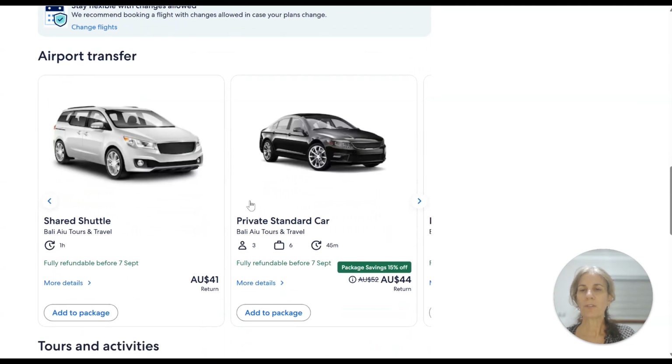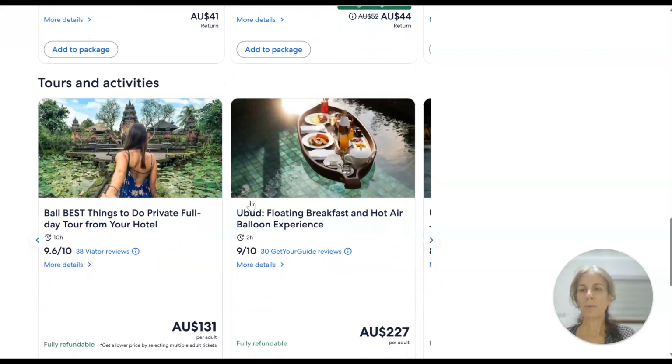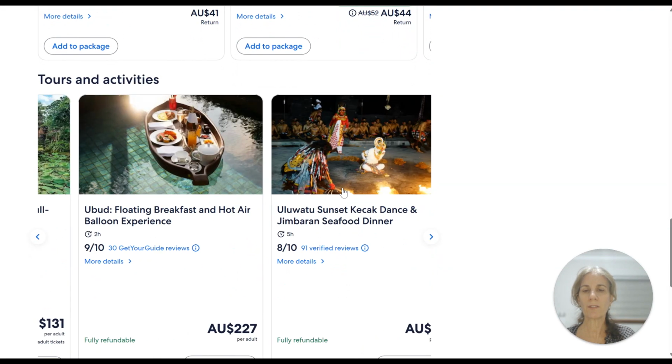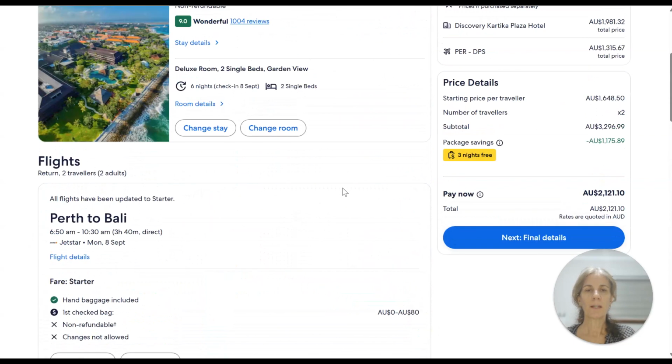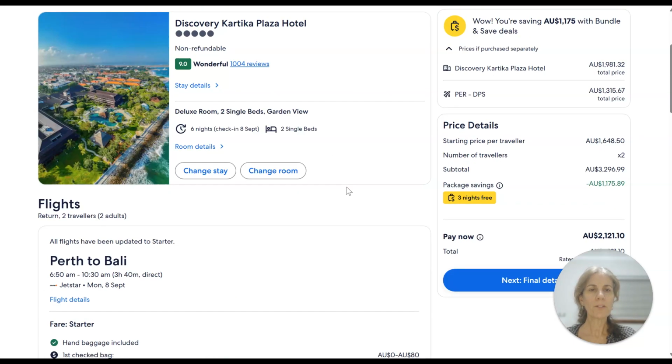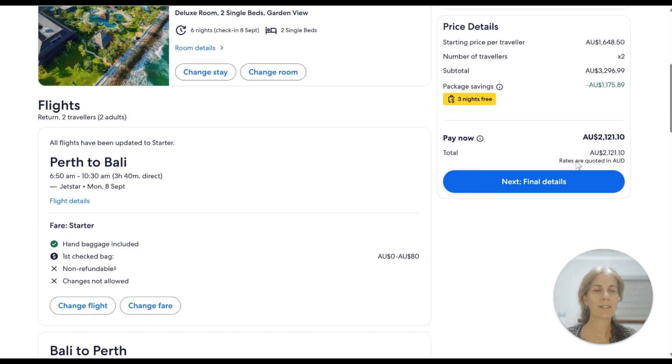And if you keep scrolling down, you've got the option to add in a car hire if you wish, and also pre-book any tours or activities, so you can have a look through there if anything interests you. But I'd just like to point out these top two boxes where they talk about how much you're saving. I wouldn't really pay attention to that because they do over-exaggerate the price. All you want to see is what you are going to be paying now. Click on Final Details,